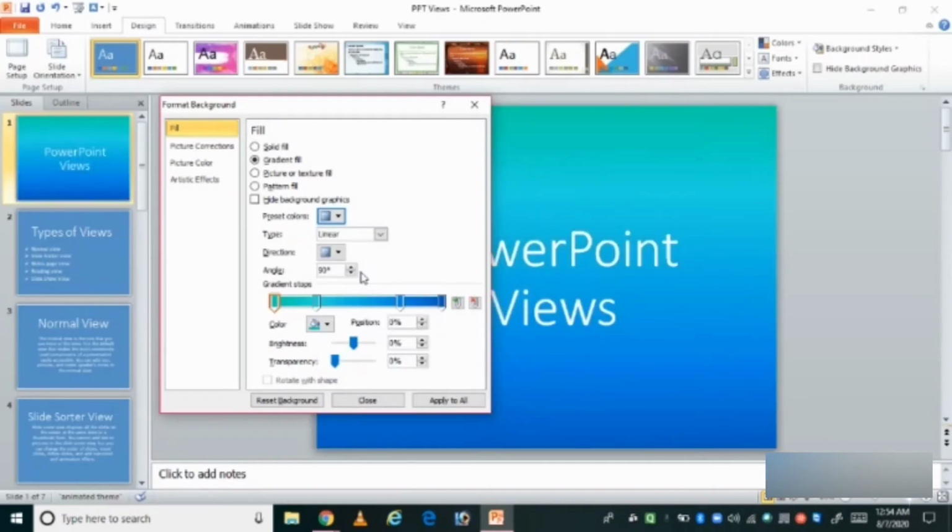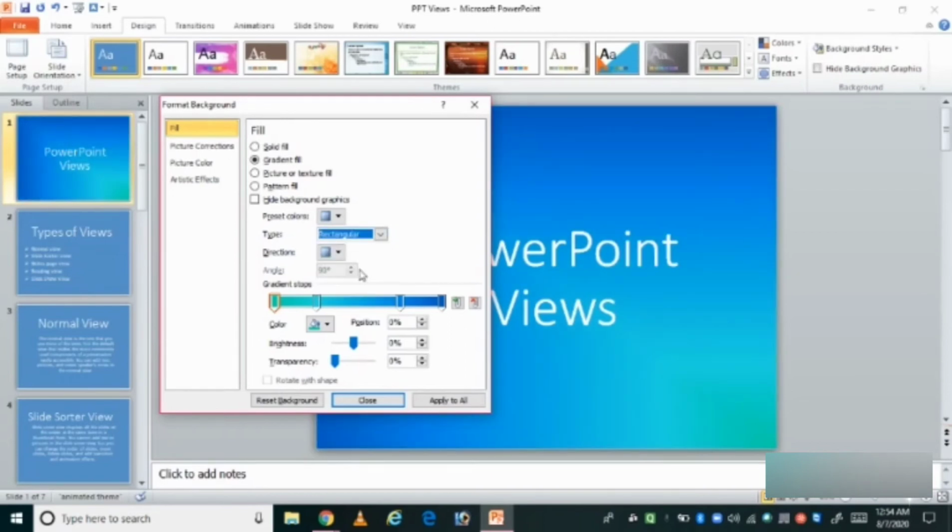There you can see the change. And this is the gradient type. If you click linear, you will get some lines, and if radial, you will get the change. And next, if it's rectangular, the gradient type will change, and you can change the direction also.